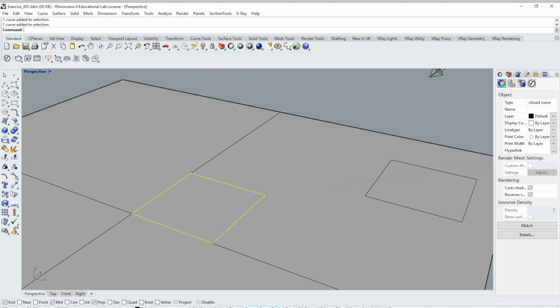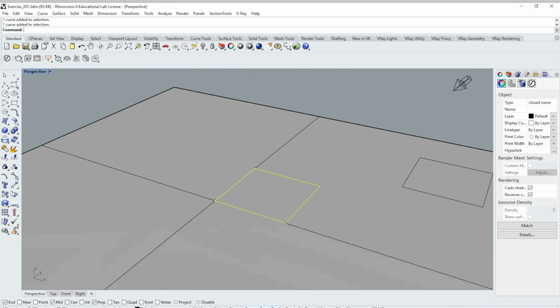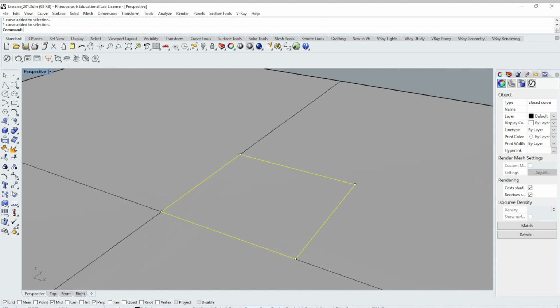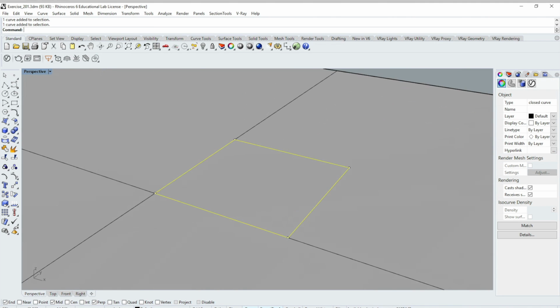So here's my first rectangle. That's really the one that I'm going to be working on. I can, by the way, zoom in and zoom out using the scroll wheel on a mouse. If you're working on a laptop at home, I would highly recommend that you get a mouse to work with. It's much easier to work using a mouse than to use a trackpad. So I'm going to go ahead and use my mouse here, and we're going to continue working.